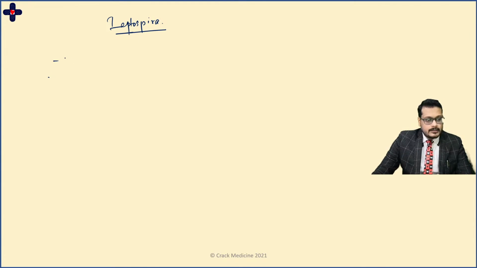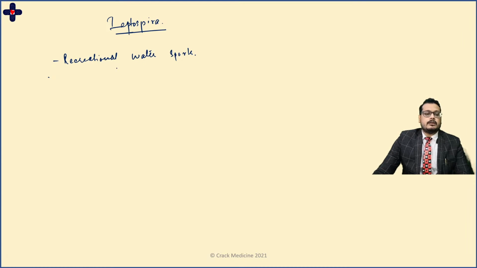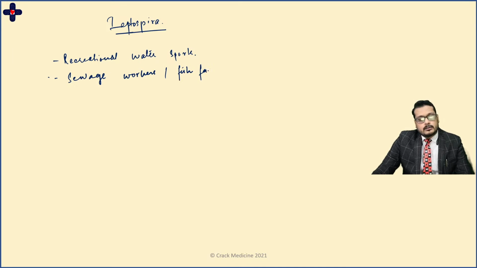So as we read in the question, it's present in people who go for recreational water sports. Please note that this is recreational water sport. If the question stem mentions something about freshwater lakes and other stored water scenarios, most probably a person coming back from Africa, then that has a different differential diagnosis, and we'll come to that eventually. It's also seen in sewage workers and people involved in fish farming. Fish farming also involves a lot of water logging, so that's how it happens.